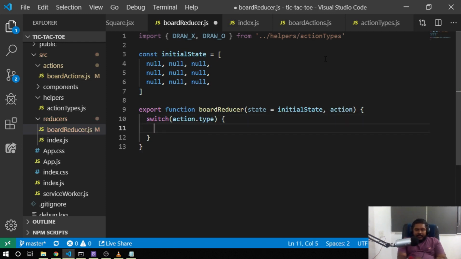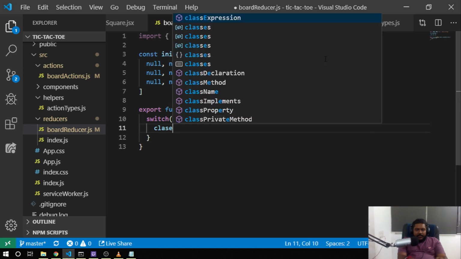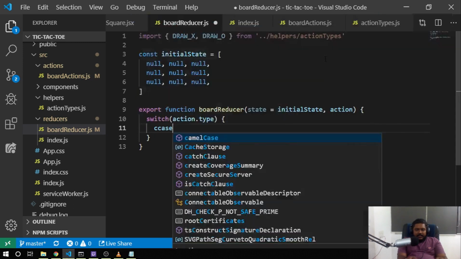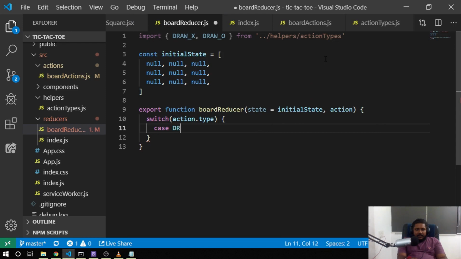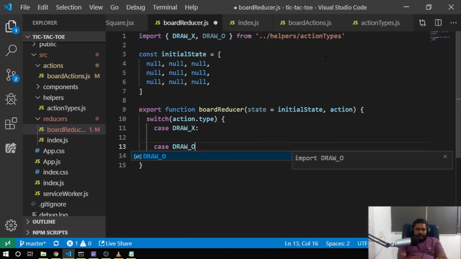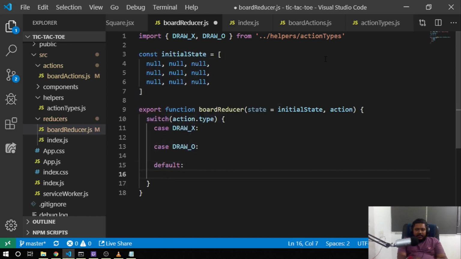Action type, we would also like to go for a case draw X, case draw O, and default would go for